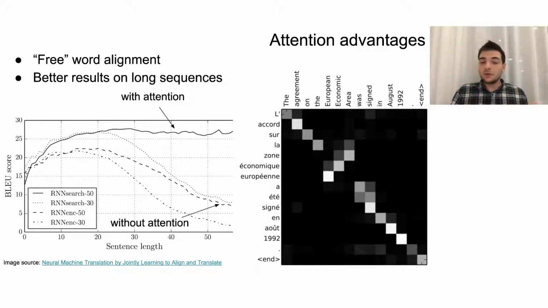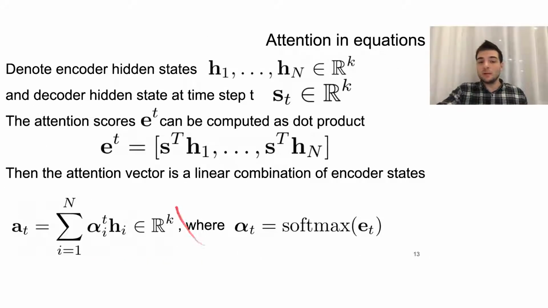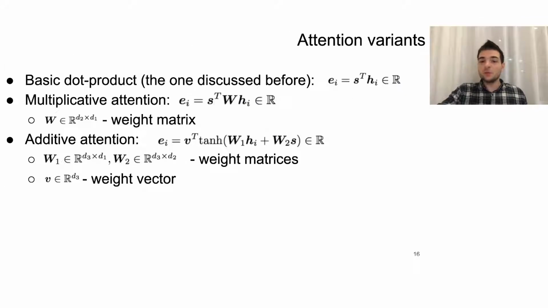Of course, the attention mechanism is not only based on the dot product, it's just one of the most obvious ways to compute the attention, and it's similar to what we discussed when we spoke about word embeddings, so that's why we use this example. There are, of course, different ways to compute the attention score, like the basic dot product. Here it is. It's already here. We can use some kind of linear mapping between encoder and decoder states using some matrix omega, W, or just the way you name it.